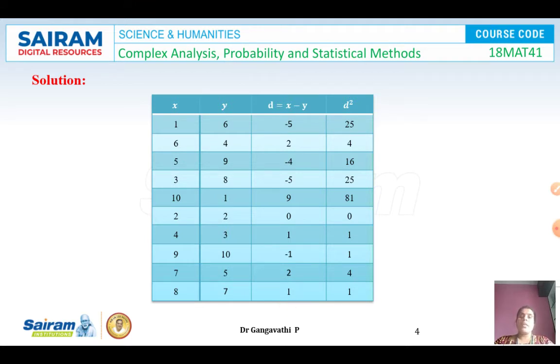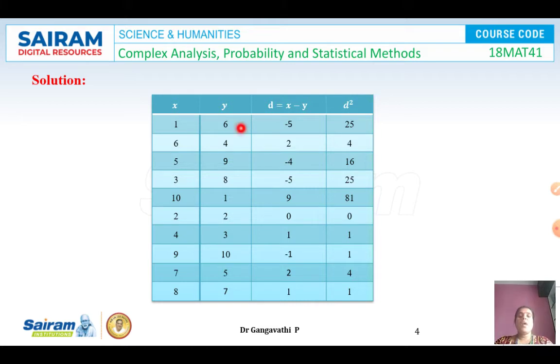Understand here, the judges have already rated the participants 1 to 10. Participant 1 has got the first rank. Participant 2 has got the second rank. Participant 3 has got the fifth rank. Likewise, the judges have already given the ranks. That is why we have tabulated them, and we are considering the same values.